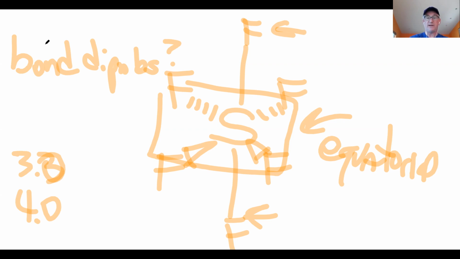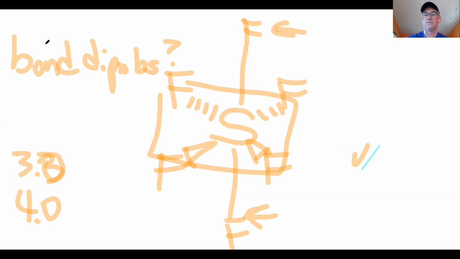And they're all going to be pointing towards the fluorine, because any bond that fluorine is in, except when it's bonded to itself, is going to be polar, because it has the highest electronegativity. So it would have 6 dipoles, all pointing towards fluorine. So it would look a little something like,